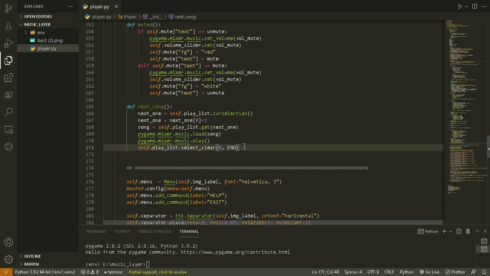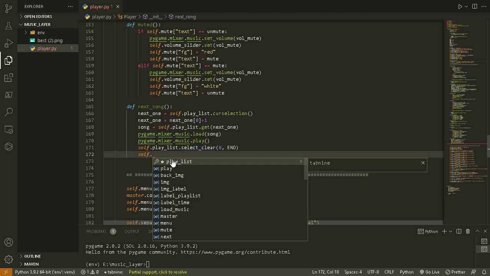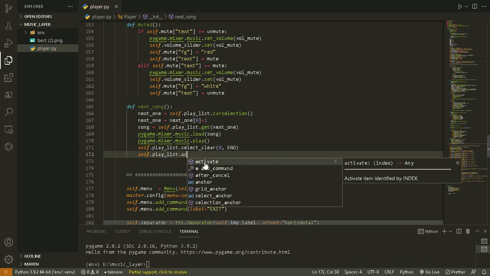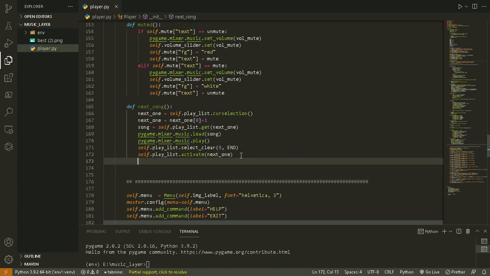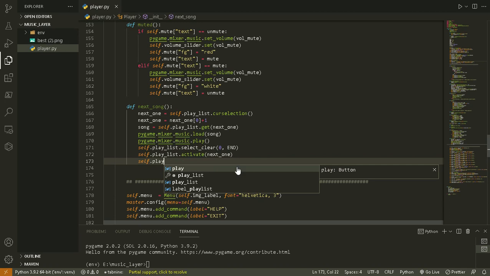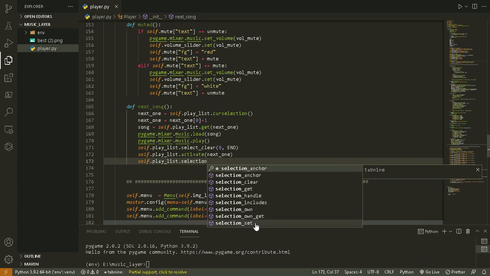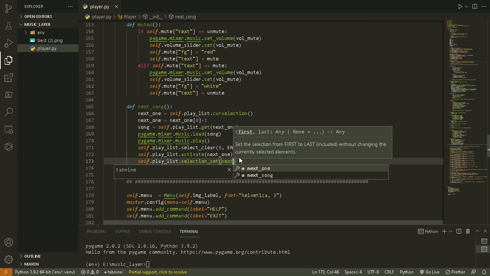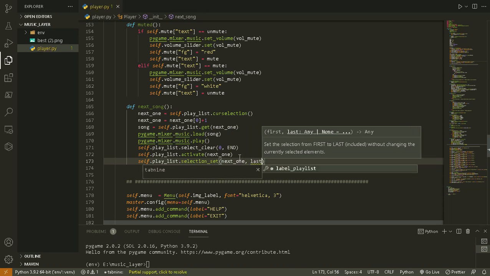So this clears the values that we had for the previous song, and then now it activates the song that we are currently on, self.playlist.activate, and then next one, and then self.playlist.selection_set, and then next one. Then we want to set the last to equal none,